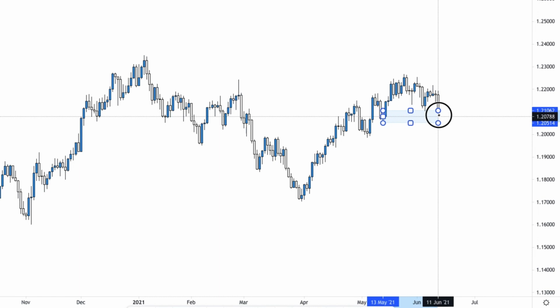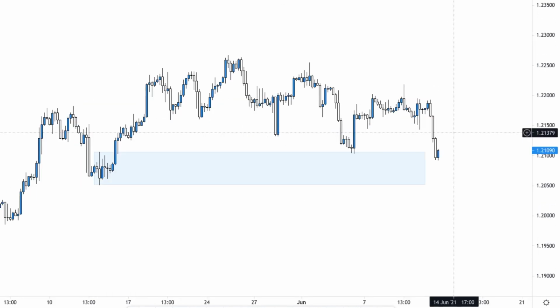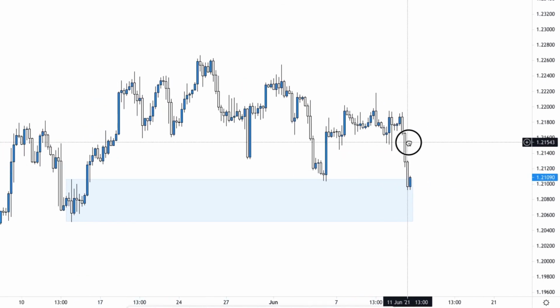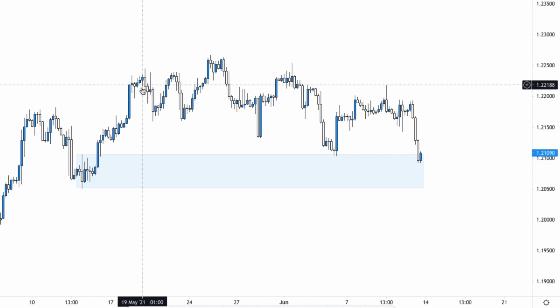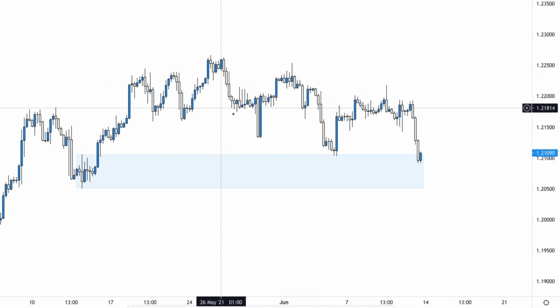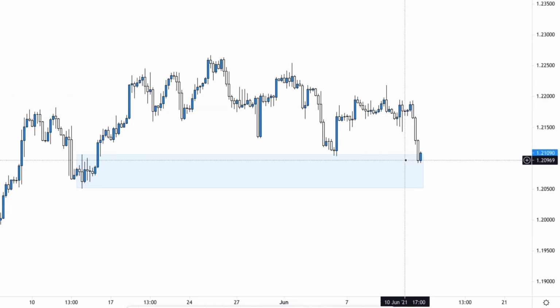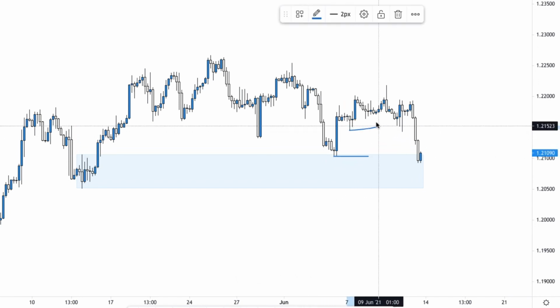Alright, price has just tapped into that point of interest. If you go on the 4 hour time frame, you guys can see this a bit clearer. Price has just returned to this area after price has broken this structure, and price was basically consolidating for so long, and then price has finally returned to this area. If you guys realize, price has broken this sort of low, and other minor structures here,